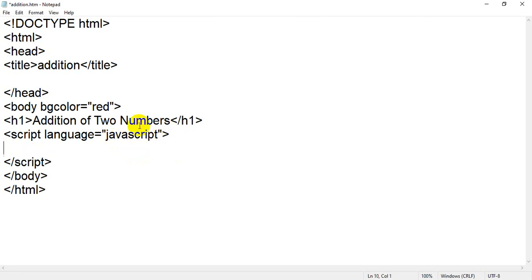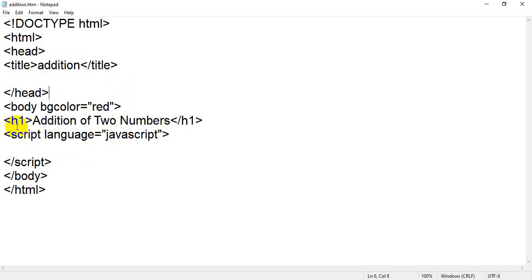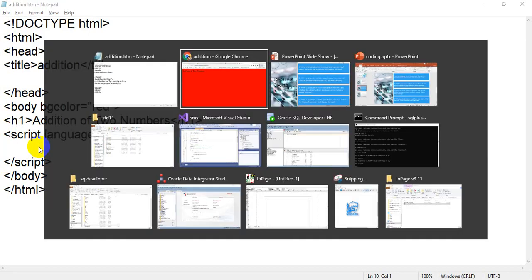after that, now flip back to your question. Now we have created our structure of JavaScript, in which whatever you write between the opening script and closing script will be considered as JavaScript code. So we have created our block where we can insert our JavaScript code. Now let's have a look at our question.